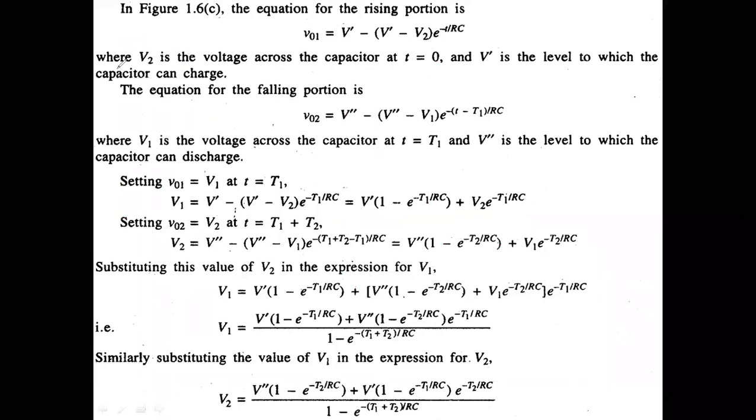Now you will see that here I have written VO1 directly. VO1 is nothing but a final voltage, that is V dash. Final voltage is nothing but the capacitor's voltage. Suppose this is the pulse waveform which we have seen previously. The capacitor starts here and finally it reaches V dash. If the time constant is very small, it reaches the V dash voltage. Therefore, the expression is V dash minus initial voltage.